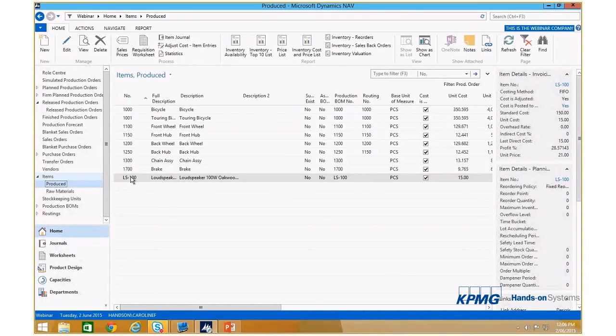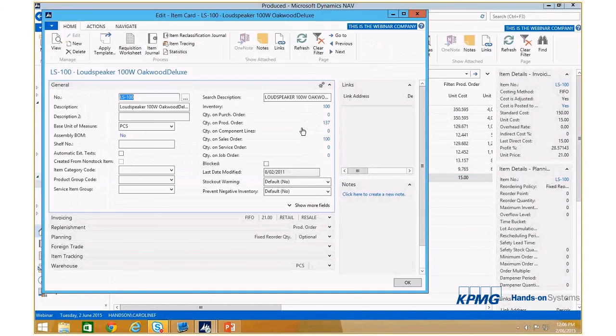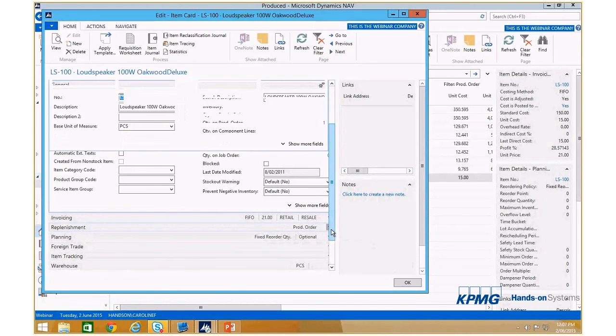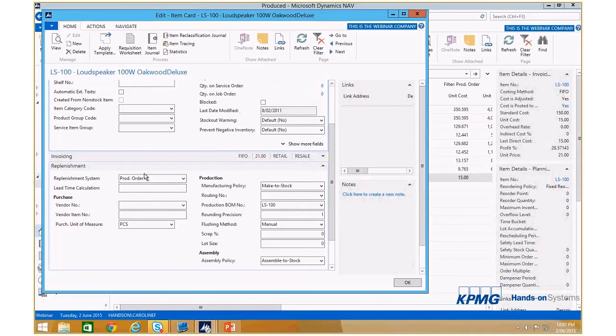And if I double click on it, it'll open my card. And like we saw in the other areas, we don't have the tabs across the top anymore. We have fast tabs down here. And I can see at a glance from the replenishment fast tab, I can see that this item is set up as production order. And that's the really important thing, that replenishment system that defines how I obtain this item,